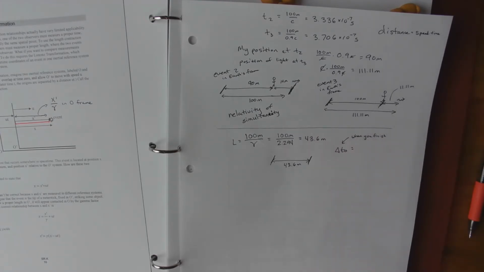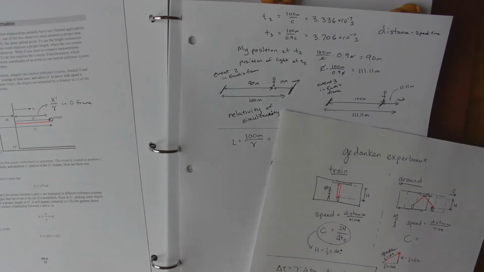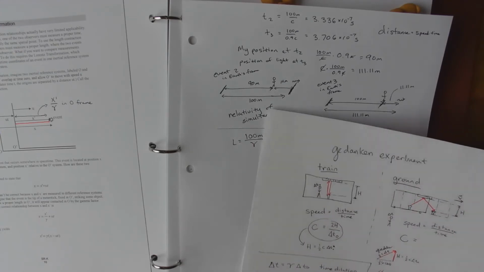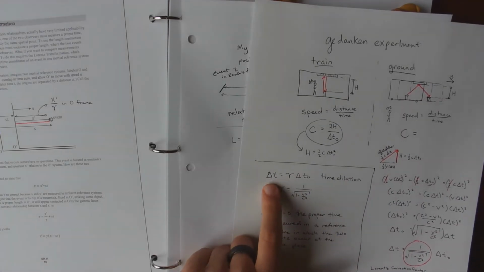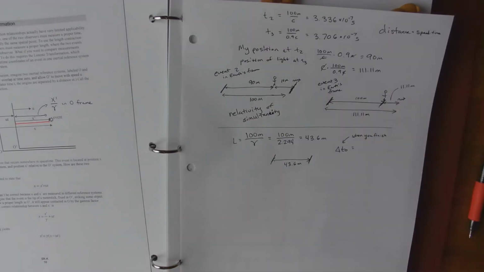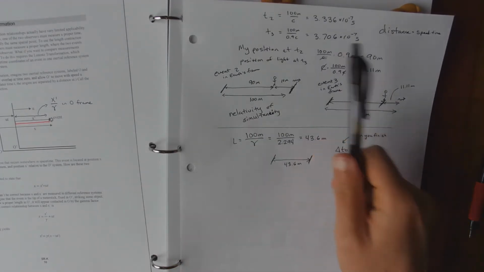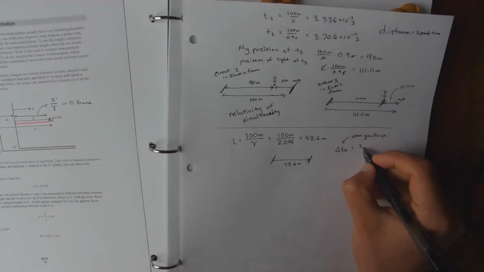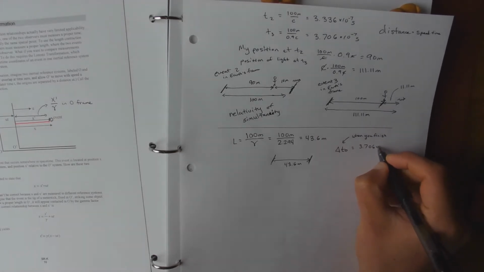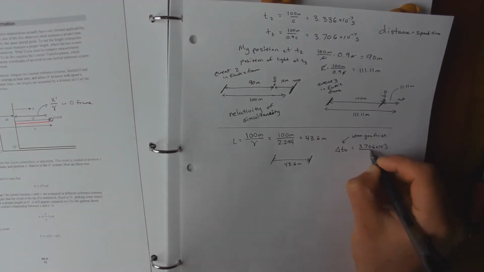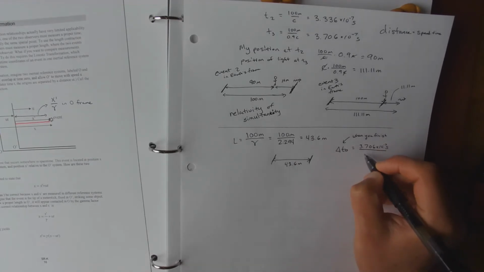The proper time is measured in your reference frame. So this is the not proper time. To find the proper time, delta T naught, you would take delta T and divide it by gamma. So delta T, the not proper time, is measured in the Earth's frame. So that's the 3.706 times 10 to the negative 7th seconds. And you divide that by